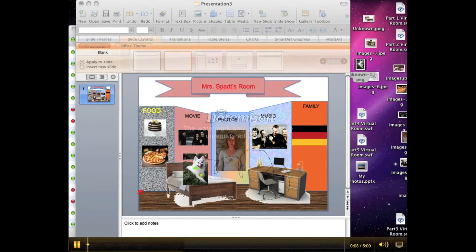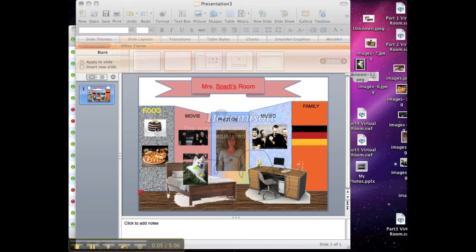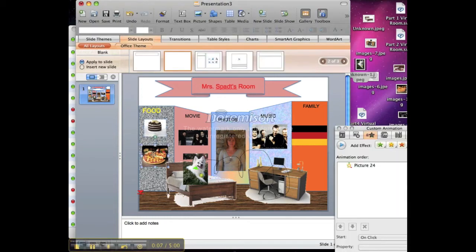Now we're going to hyperlink the center wall. At this point, you should have hyperlinked each and every picture on your walls with some sort of website that it's going to, except for the center wall. We're going to do this a little bit differently, but first we're going to have to create a brand new